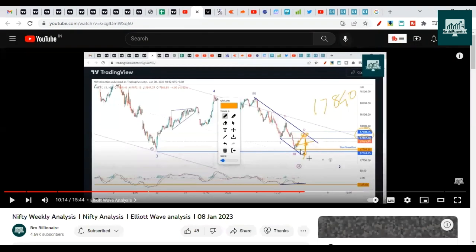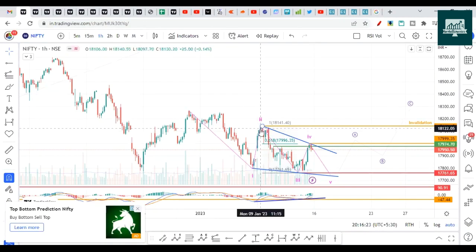So this was the last video, by the way. This is how we expected a bounce up and then a drop was expected. But Nifty even went beyond the levels that we forecasted and it broke this trend line. It went towards 18,200, I believe. Sorry, 18,140. It opened a gap up and continued that move on the upside. So it was an easy trade for us on Monday at least.